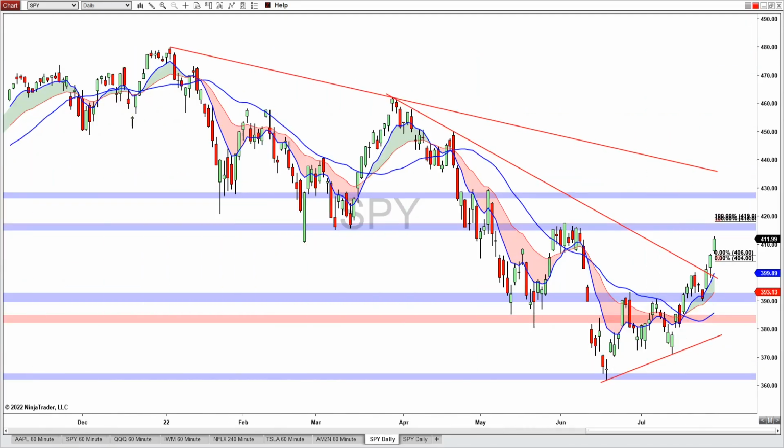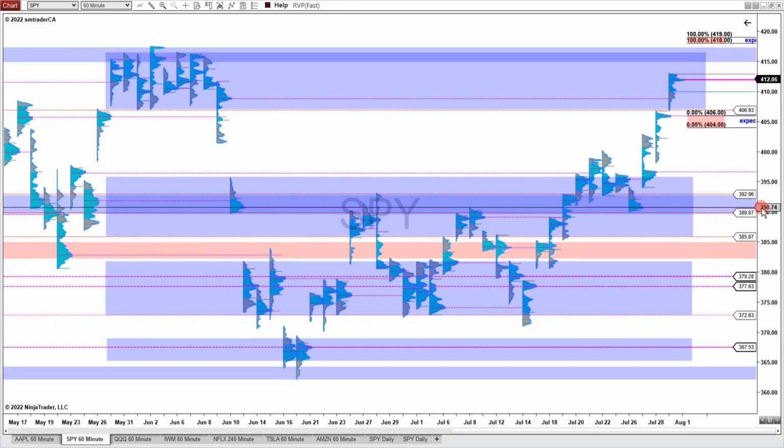Now let's take a look at what we can expect for the coming week from these ETFs. On this daily chart of the SPY, we see the price is moving up toward this resistance zone near the 418 level. Above this resistance zone is a potential resistance zone near the 428 and a potential support zone down near the 393 level. On this daily volume profile chart without the candlesticks for the SPY, we see the balancing